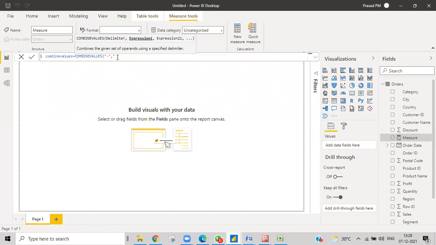My first text part is this one, and the second part is this one. I'm just going to combine these things.